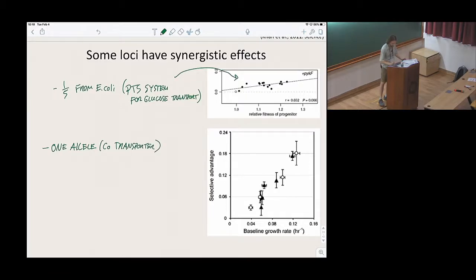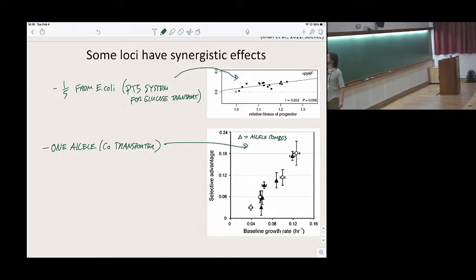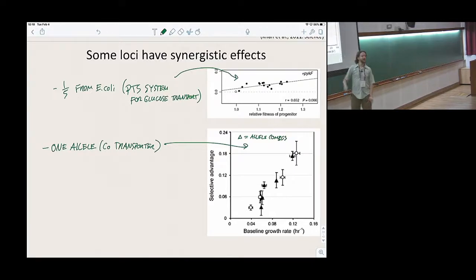Where we saw the same thing, where it was an allele that had very little selective benefit, only about a 3% proportional effect on a relatively slow strain, but on a faster strain had an 18% proportional effect, right? And so very strong synergy. The neat thing about what David did, so